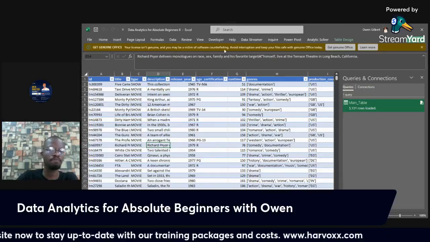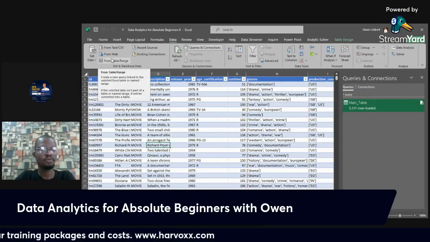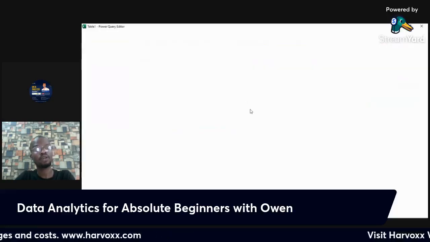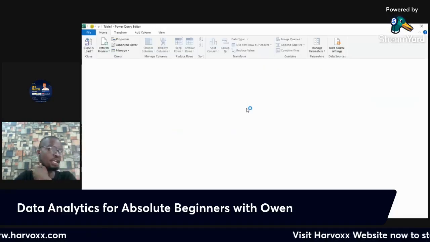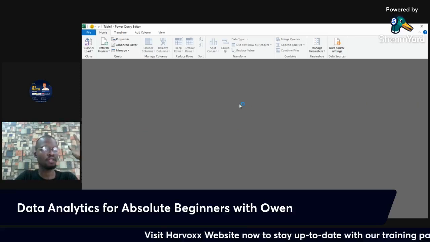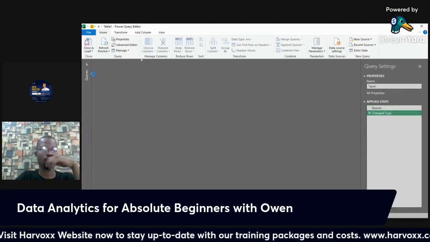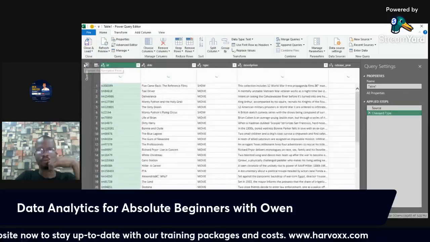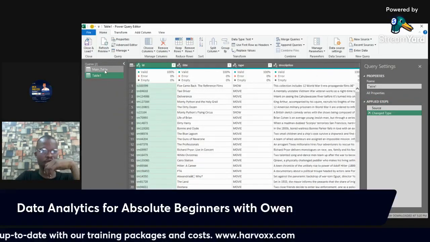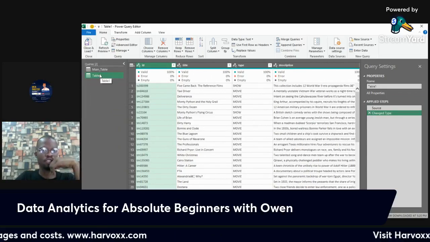I want to open another Power Query sheet now, which is very much possible. I'm opening another Power Query sheet based on that same data. So I can do two completely different things based on that same data. It's going to create another table for me. And you can see my original table, which is main table, and now I have table one, which is this table.